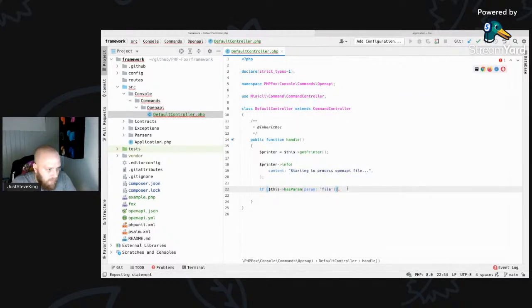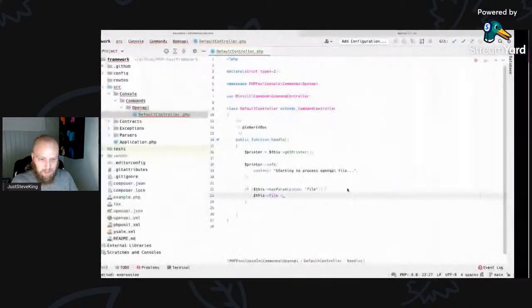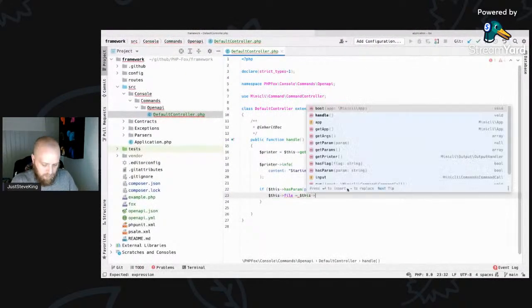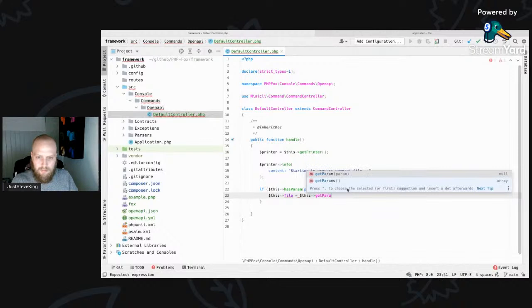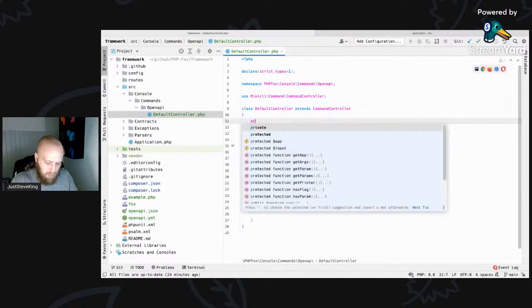We've got the file param, then, yeah, minicli. It's kind of fun. Then we're going to want to just do this: file equals get param, file. We'll just do a quick